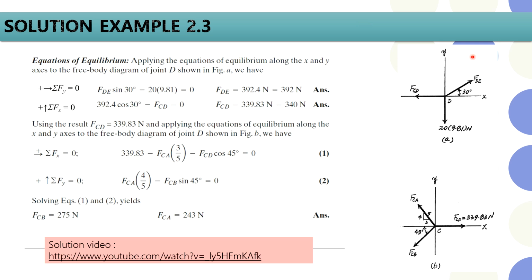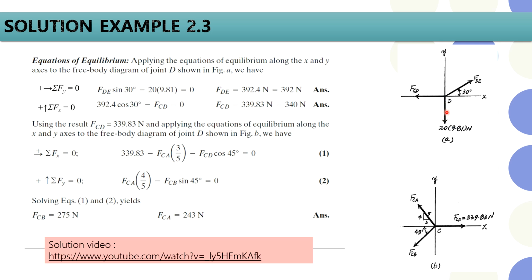So this is how your free body diagram should look. Instead of one, you have two free body diagrams for the same problem. You start at the center point D in your first free body diagram to find your unknown forces, and then once you get the forces you need